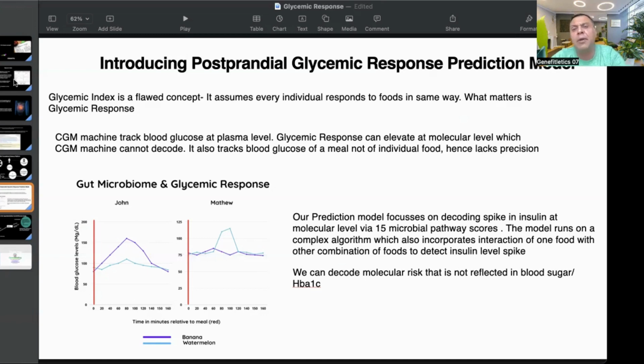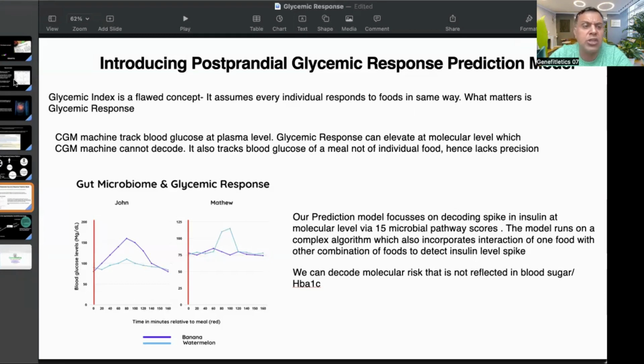So we have developed our prediction model based on a machine learning model which we have built, so we can find out whether a food or a combination of foods can spike your blood glucose level even before you consume it, right? You can find out whether potato is going to spike my blood sugar level or not, or whether rajma or any protein is going to disrupt my insulin sensitivity, even before you consume it. So you really don't need a CGM machine to track your glucose response to foods. You really need to know what molecules are going to spike my blood sugar level, and what are not, before I eat it, so that you don't get into guesswork.